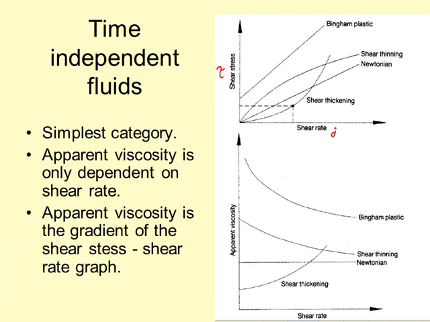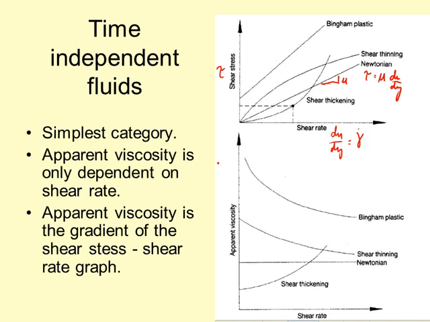Shear rate is du on dy and equals this one. So for a Newtonian fluid, shear stress is equal to mu du on dy, so you expect this gradient here to be mu. Okay, for shear thickening,